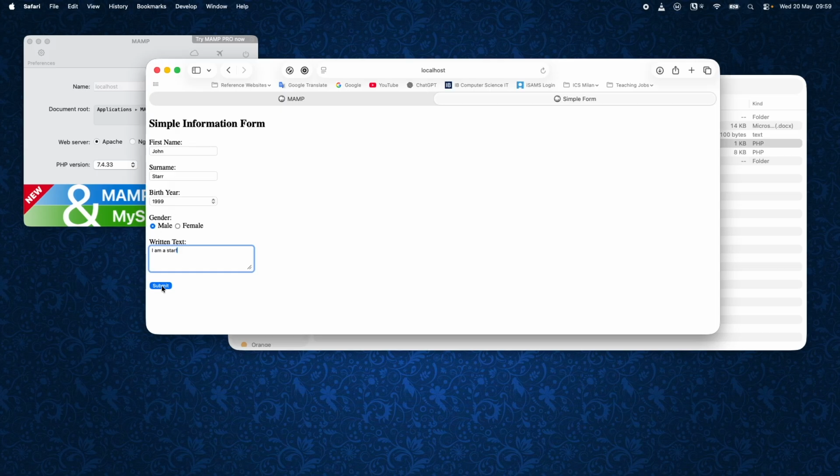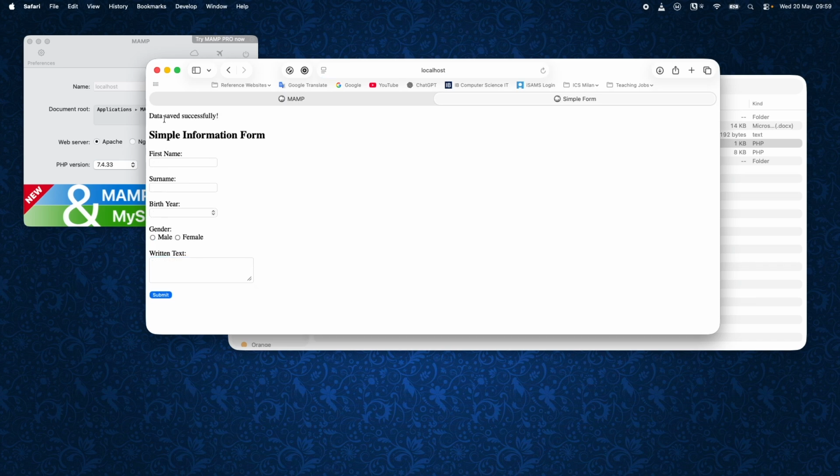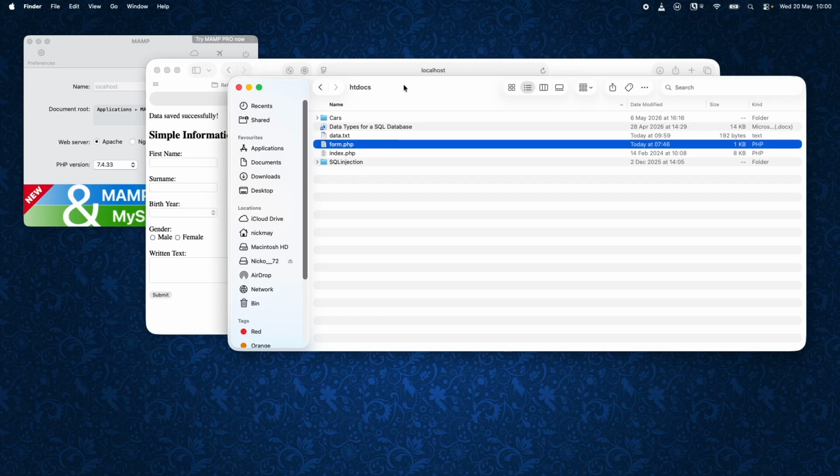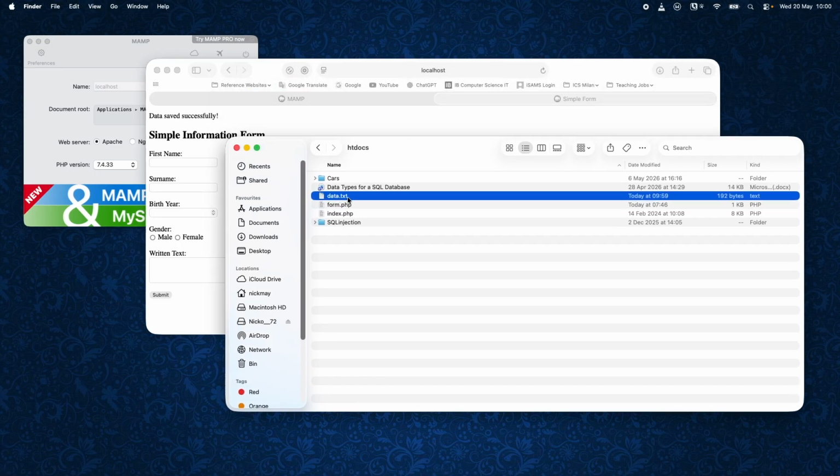Now, if this works and I hit submit, this should say information saved or successful or whatever that little line of code was. So let's try it. There it is, data saved successfully. So it's saved it and it's blanked my form. Now, what we did in our PHP file was save it to a data file. So if we go back here to the same folder, this htdocs folder, there it is, data.txt, there's our file. And if I double click that,